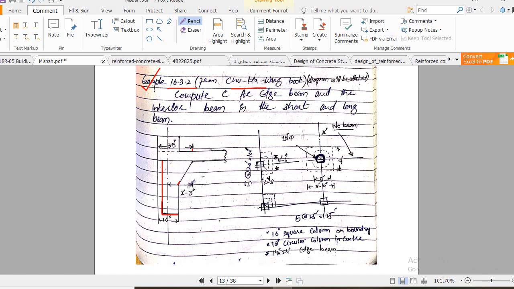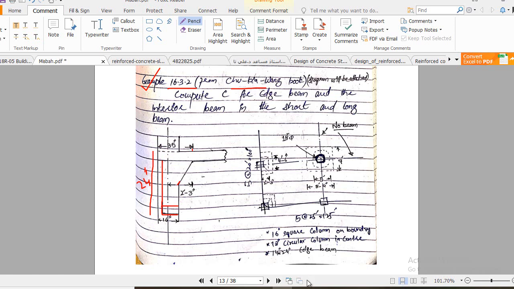From the center line it is projected 2 feet 3 inch, and the column size is 16 inch. Okay, 16 inch square columns on the boundary, 18 inch circular columns used inside, and 14 by 24 inch are the H beams. The width of this beam is 14 inch, and the depth of this beam, from the top of the slab, is 24 inch. Clear? So this is the total detail of this